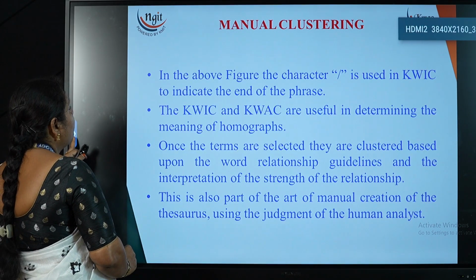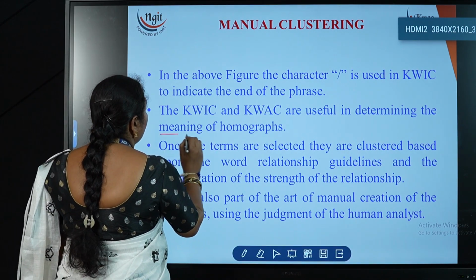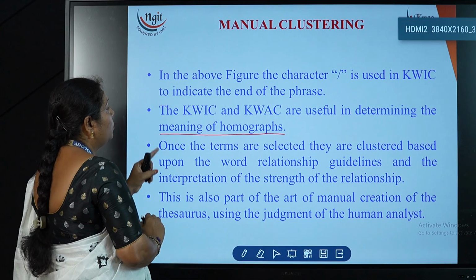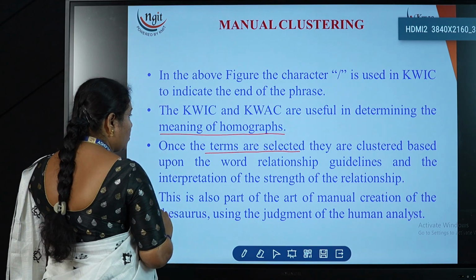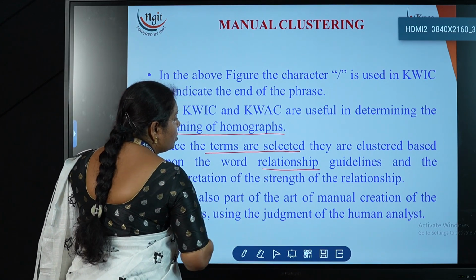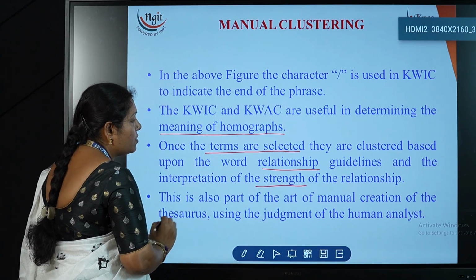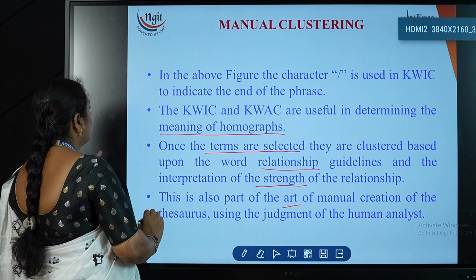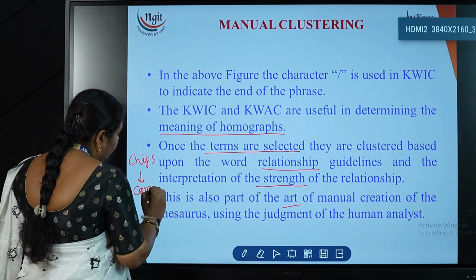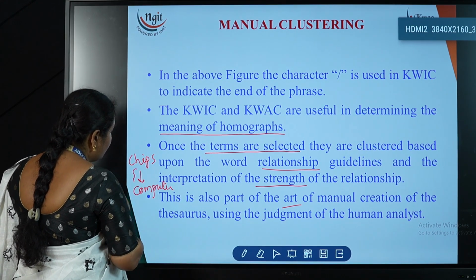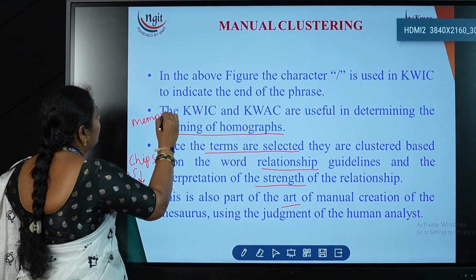If you see the diagram in the previous part, here you are using KWIC and KWAC, we are going for homographs, and once these terms are selected and clustered, you have to identify the relationship in between, and interpret the strength of the relationship. So this is also part of the art of manual creation. If I take chips and computer, I can rate the relation as 0.2. If I take memory and chip,